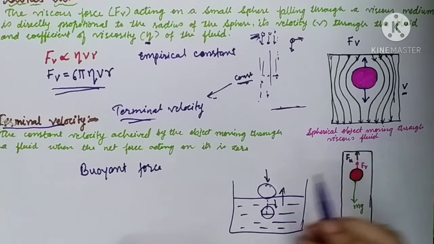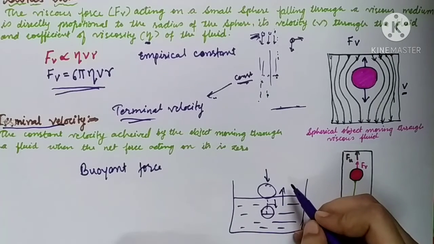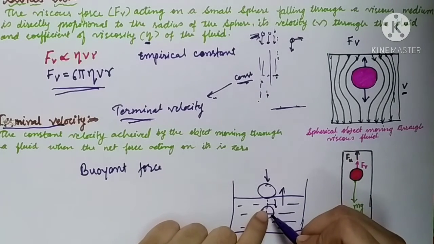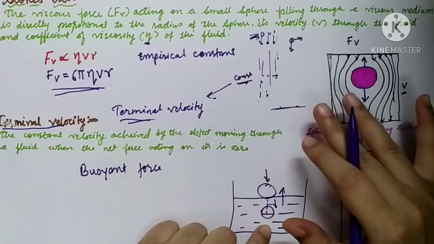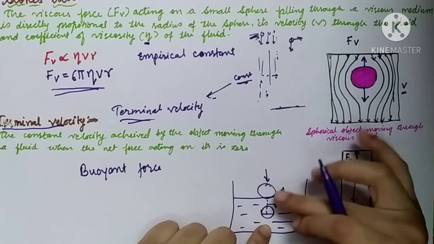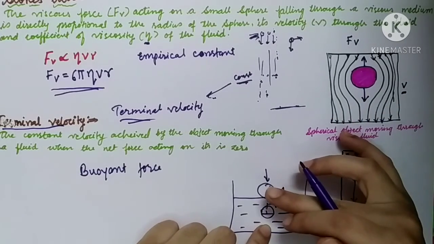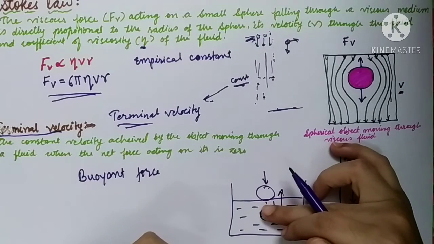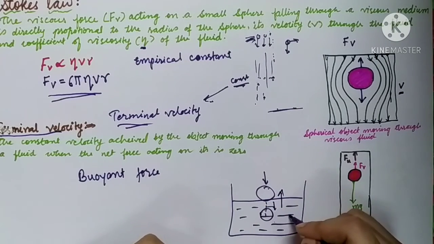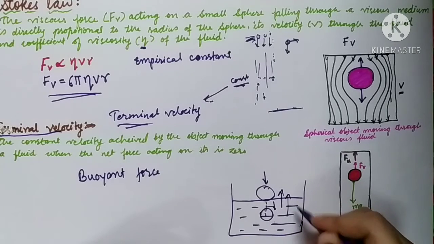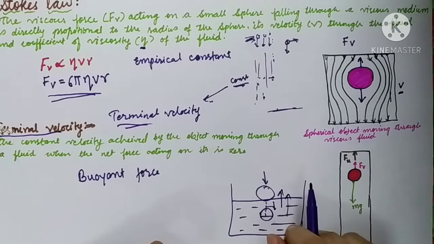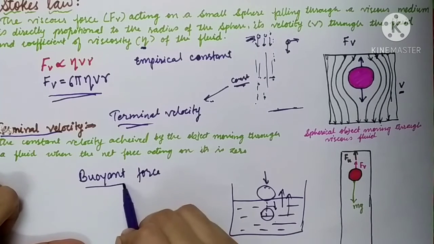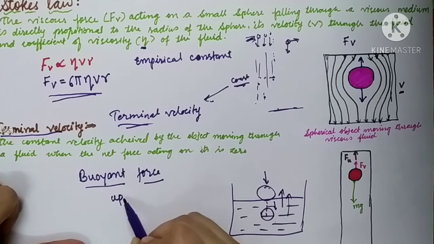What does it mean? The water is applying, or this sphere is experiencing, an upward force whenever the applied force is zero. When our applied force is zero over here, we have removed our finger, we have not applied any force over here. What will happen? The ball or the sphere is going to move in an upward direction. This force which is directed in an upward direction and applied by the liquid is called the buoyant force and is also called upthrust.